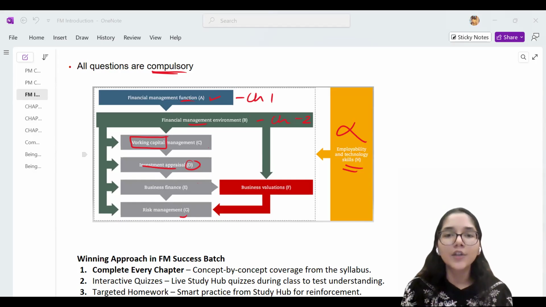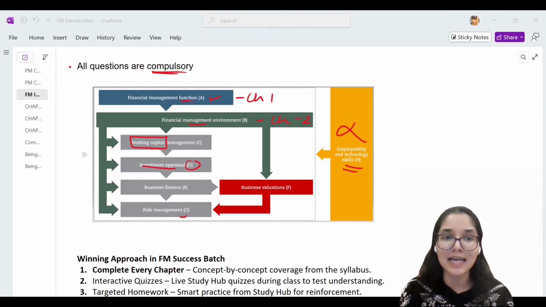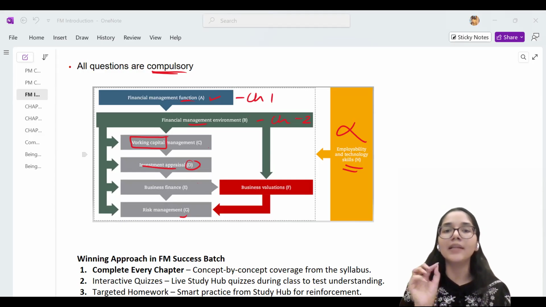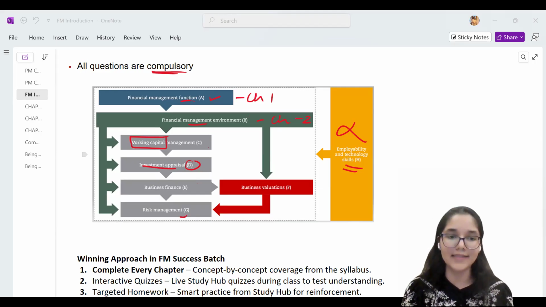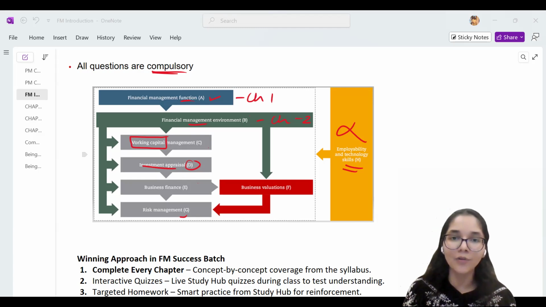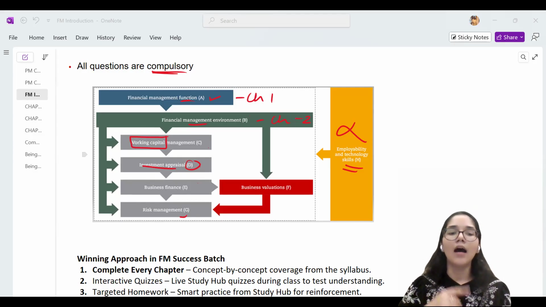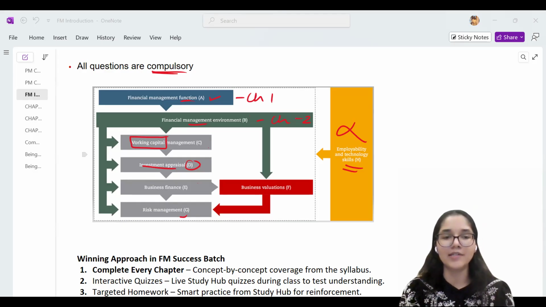In this particular unit, you're going to learn more about how organizations can decide which investment will be the best investment for the organization. So we will be learning different techniques here in this unit. You will learn techniques like net present value, NPV, and internal rate of return, which is in short called the IRR. Lots and lots of techniques we will be learning, which businesses use to find out which project should be taken up by the business. This is what the investment appraisal unit is all about.